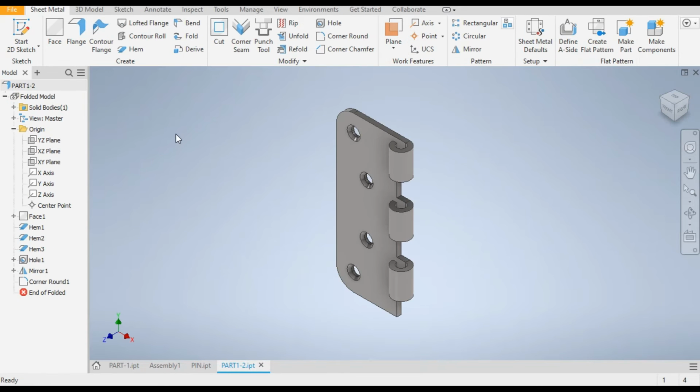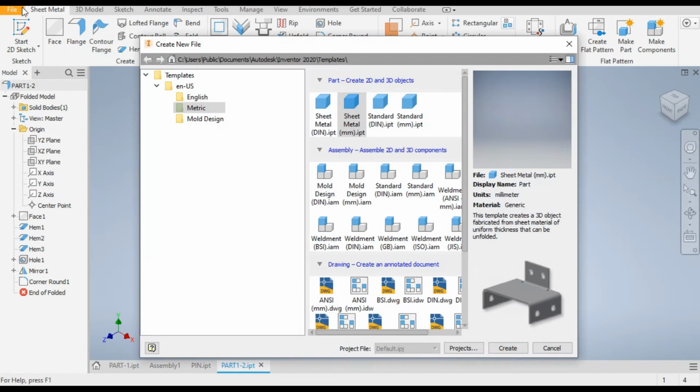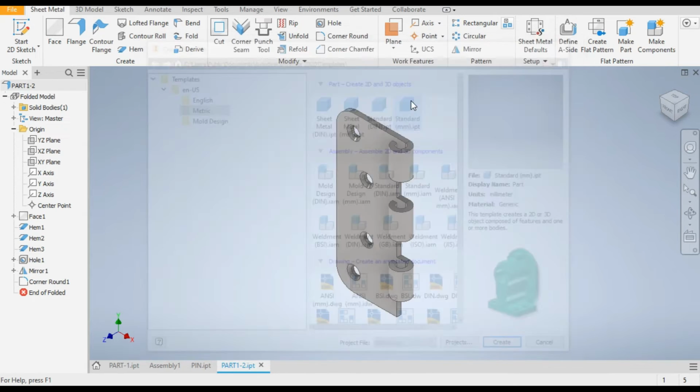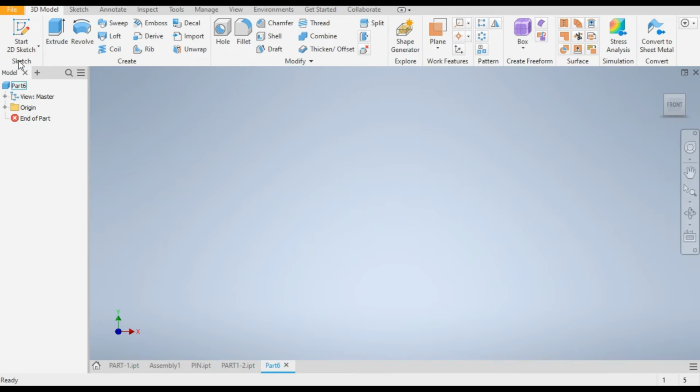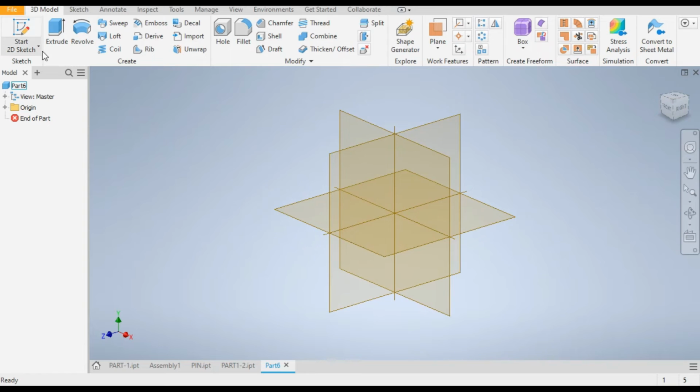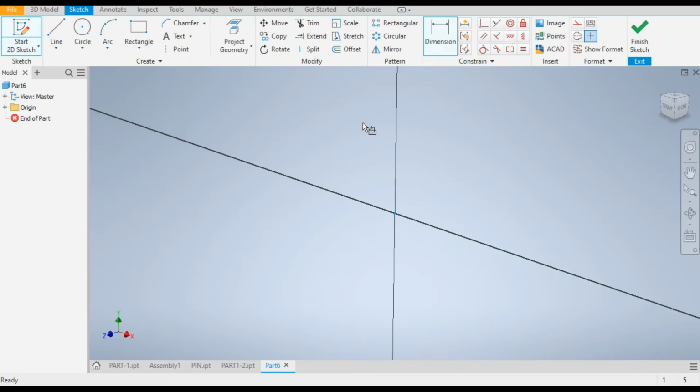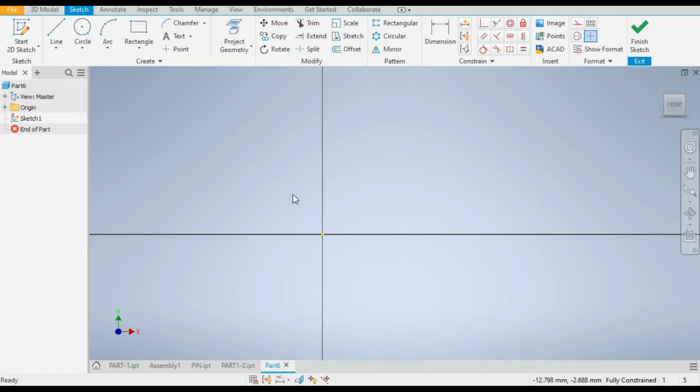This pin we will make. For this, go to new, go to standard part in millimeter. Now go to 2D sketch and select the XY plane. Go to line command and make a line over here,